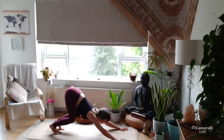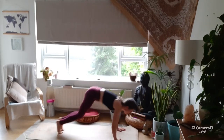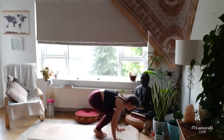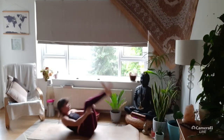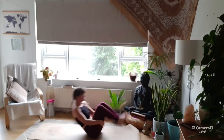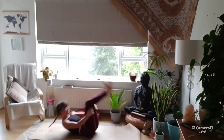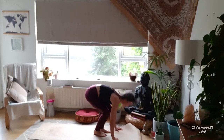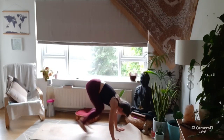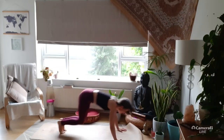Bend the knees, look forwards, jump forwards, roll back, roll forwards, and jump up for 1. Jump back, jump forwards, roll onto the back, roll forwards, jump up for 2. Jump back, jump forwards, roll back, roll up, jump up for 3. Back, forwards, roll back, roll up, 4. You can do it. Roll it back, roll up, bursting for 5 more. Back, woo. Jump up, 6, jump back, forwards, roll back, jump up, bursting for 7,